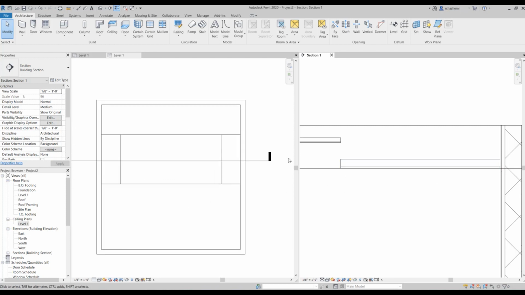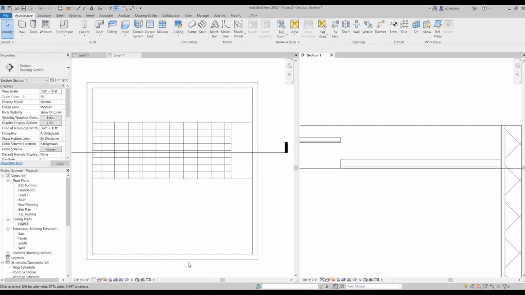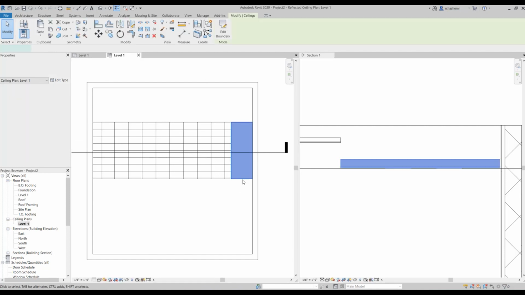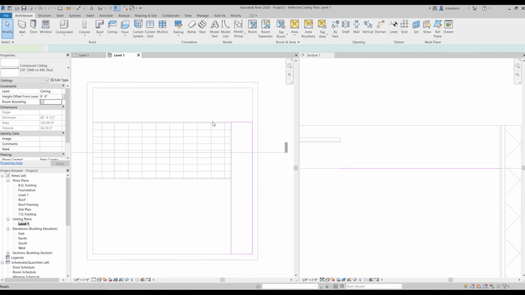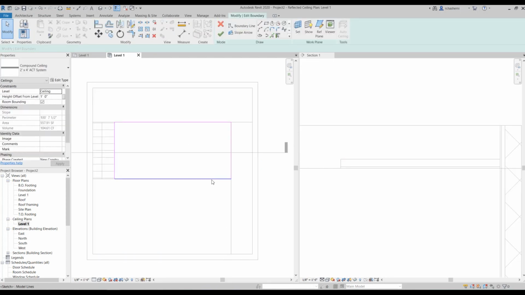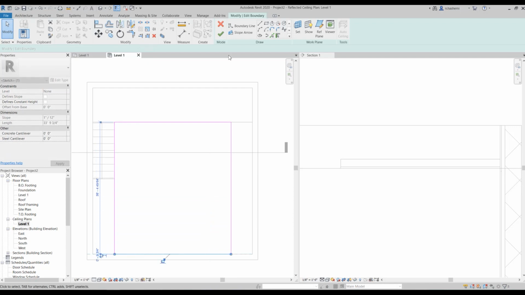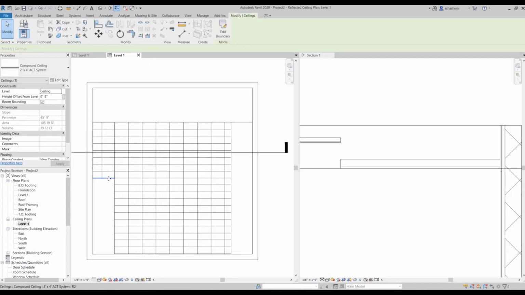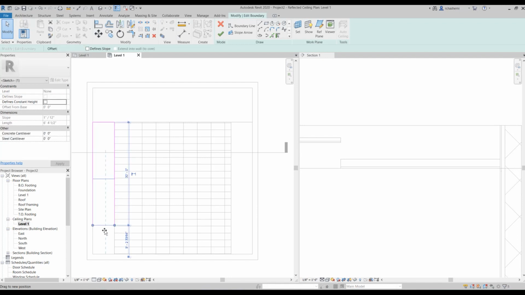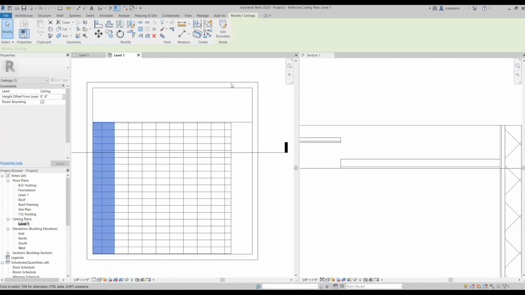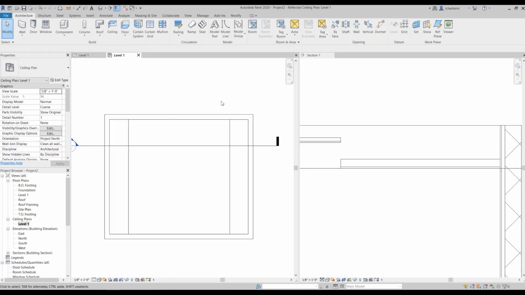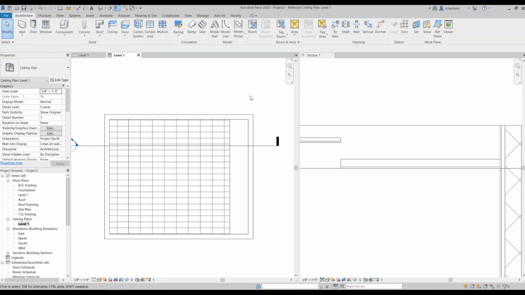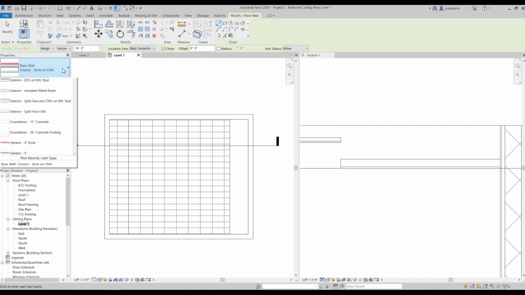Well, now let's extend these ceilings to get to the walls from all sides. So just edit the sketch. And next, I'm going to add a soffit wall.